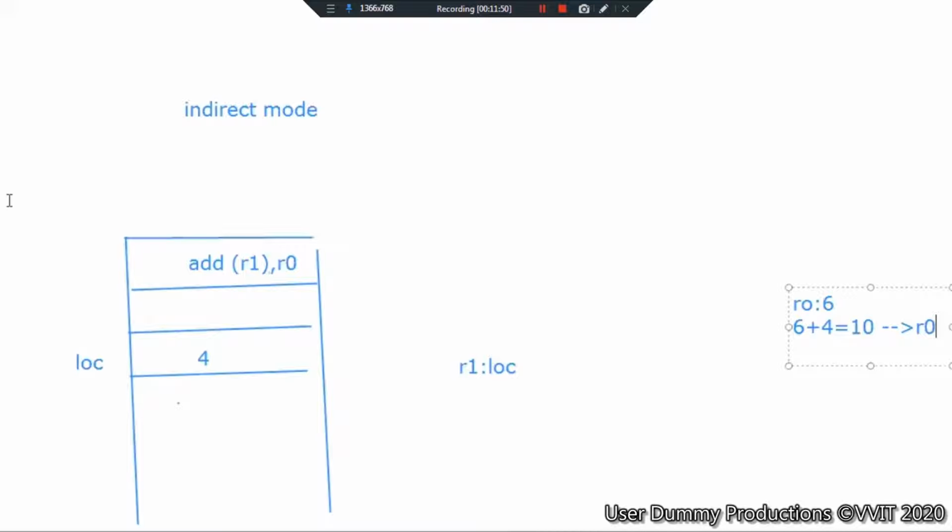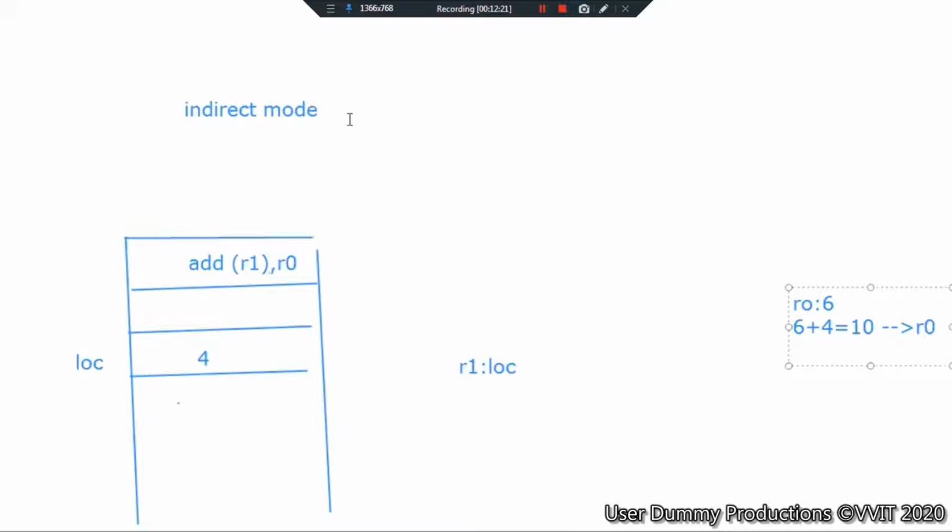Now can anybody explain this? Can anybody explain indirect mode? It will go to R1, ma'am.